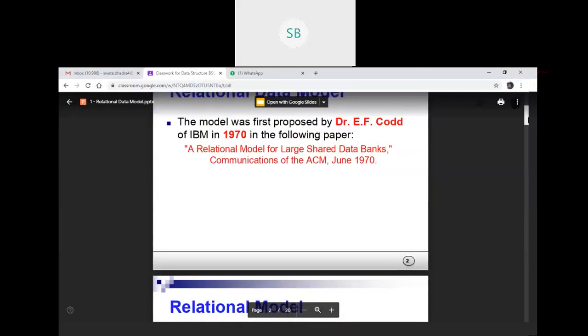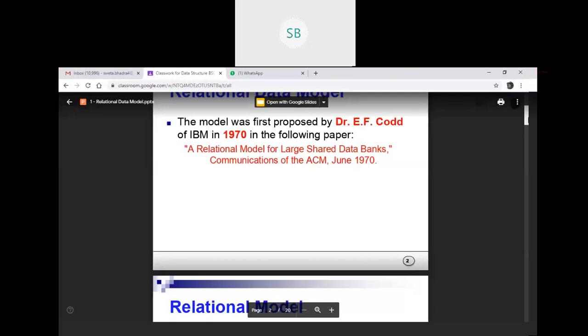The model was proposed by a man named Dr. E.F. Codd. He researched in the IBM laboratory in the year 1970, and his research came in the paper "A Relational Model for Large Shared Data Banks", in Communications of the ACM.